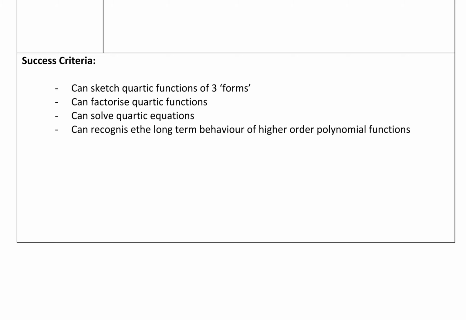We can sketch quartic functions in 3 forms. That is, we've looked at intercept form, we've looked at some in standard form, and we've also looked at turning point form. Now, far and away the easiest might be turning point form, although if we can factorize something, we could always get it into intercept form. We know we can factorize some quartic functions, especially using technology, and also when they mimic the pattern of a